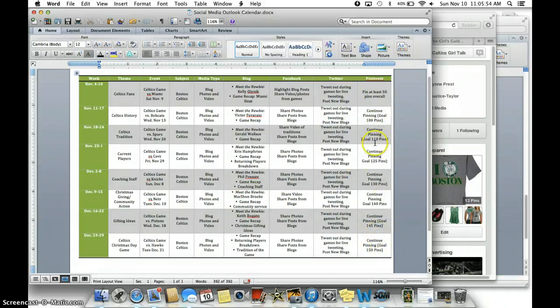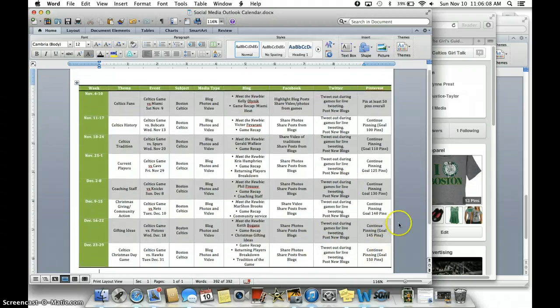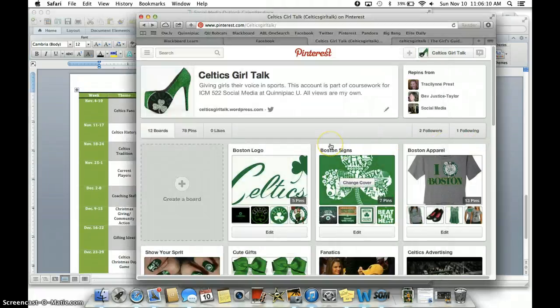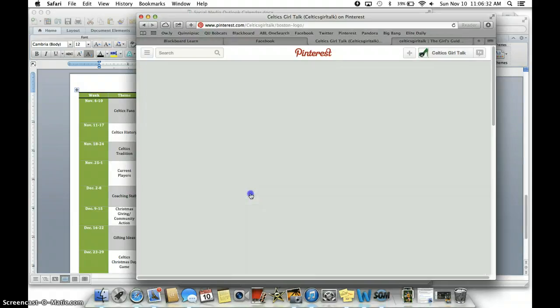I set a goal for myself of how many pins I should have by December 29th, so I want to try to meet that goal, as well as keeping up with my Facebook and Twitter feeds. So I think I've done a pretty good job so far, but there does need to be some fine tuning since there are so many platforms that I'm working with and how often I want to try it. But it's going to be interesting to see how the next couple weeks form together and how I'll be utilizing all of this. So I think it's going to be something that I am going to be working on, as well as trying to get involved more in